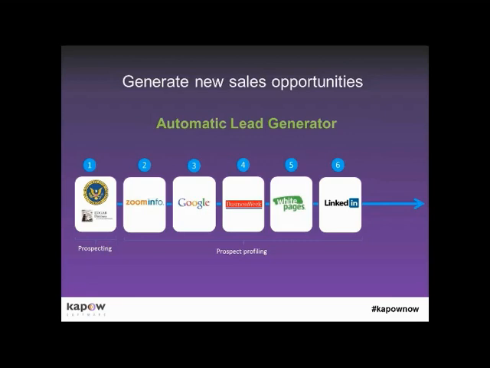So this is all great. This is a great lead generating machine that's automated a process that worked really well in another company. But what's the problem? Well, the problem is it's yet another application. It doesn't really fit into the salespeople's processes, the workflows. So what we do is